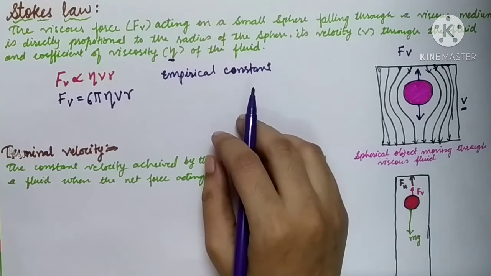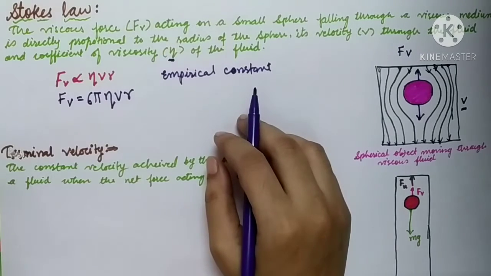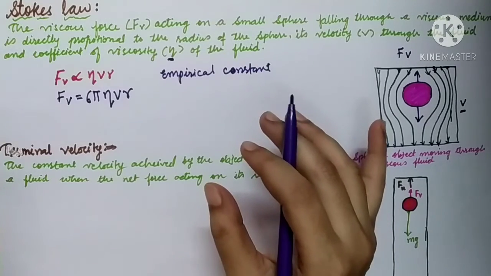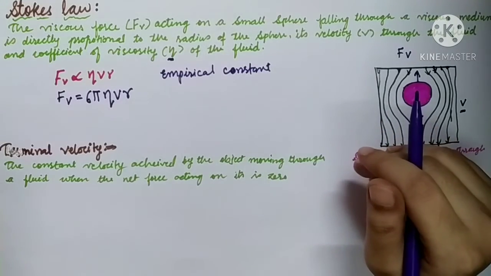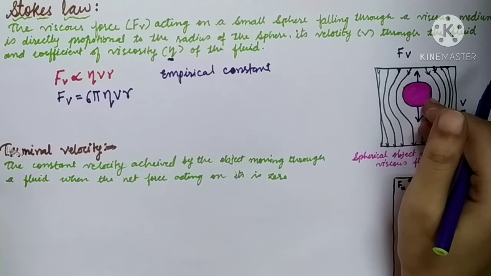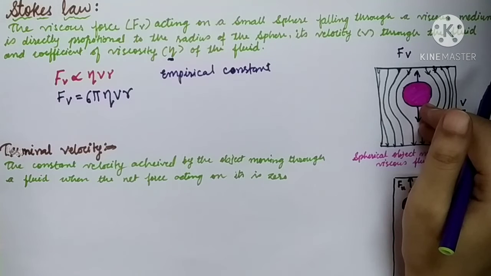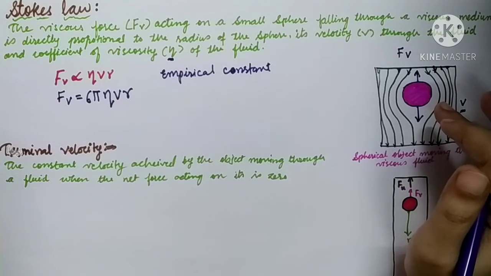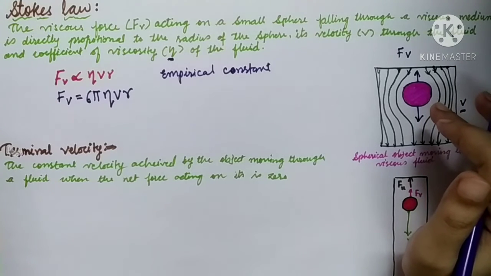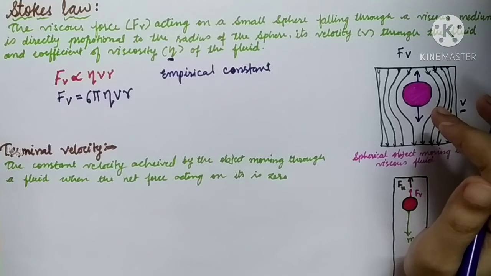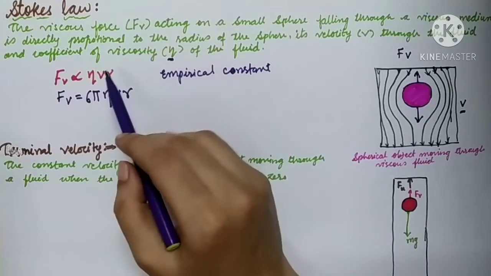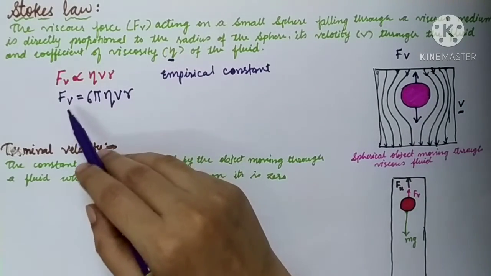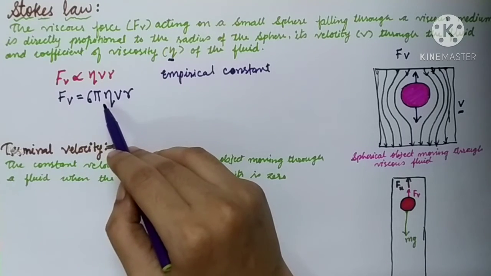It is based on the observation when we move a sphere inside a viscous liquid. We will observe a few things: the viscous dragging force depends on the radius of the sphere. Greater the radius of the sphere, greater would be the viscous drag. It also depends on the velocity of the sphere. Greater the velocity of the sphere, greater would be the opposition experienced by the sphere from the liquid layer. And it also depends on the coefficient of viscosity. So all the things are being formulated and put in one equation. Fv is equal to 6 pi eta V r.